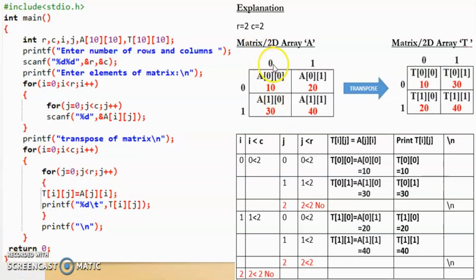So over here I have taken an example for a square matrix, but this code will transpose a square matrix as well as a non-square matrix. So if asked for exams, you all just need to write this code. This explanation I have given so that you will understand the code.